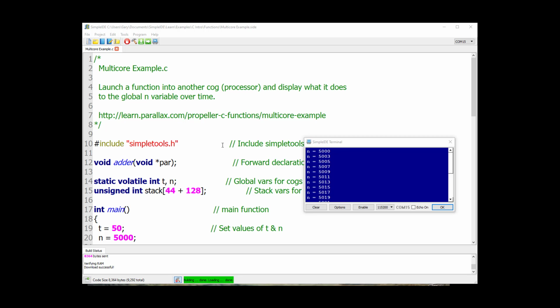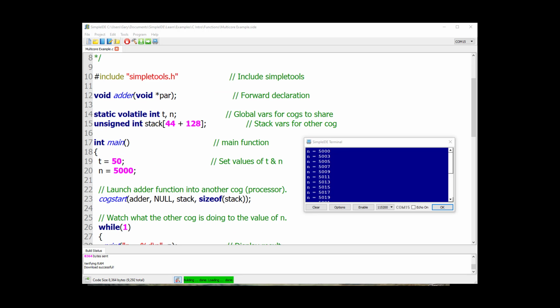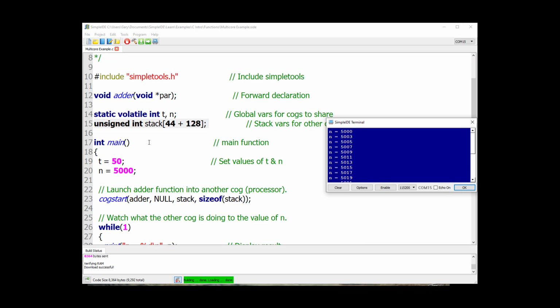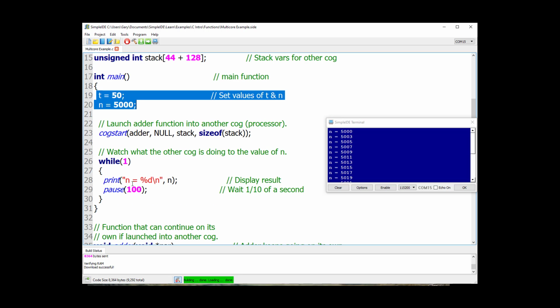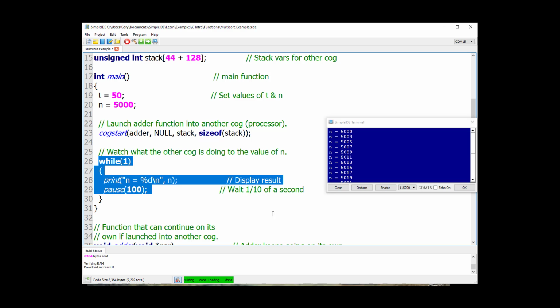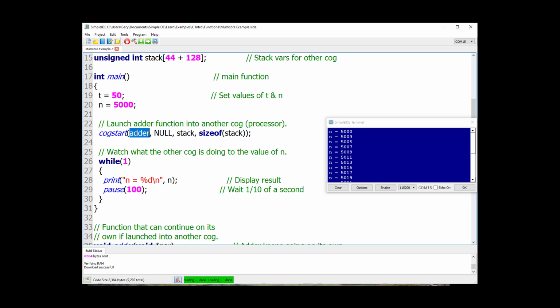Okay, here we are in our multi-core example, and we're setting up our static variables. We're assigning our stack value for our other cog. So we're going to have two cogs running. Our main is going to use cog 0, so it's going to take care of these variables and this while loop. So it's going to take care of the main. And this cog start is going to start cog 1 with a function called adder and with our stack values. And those are necessary to run the program